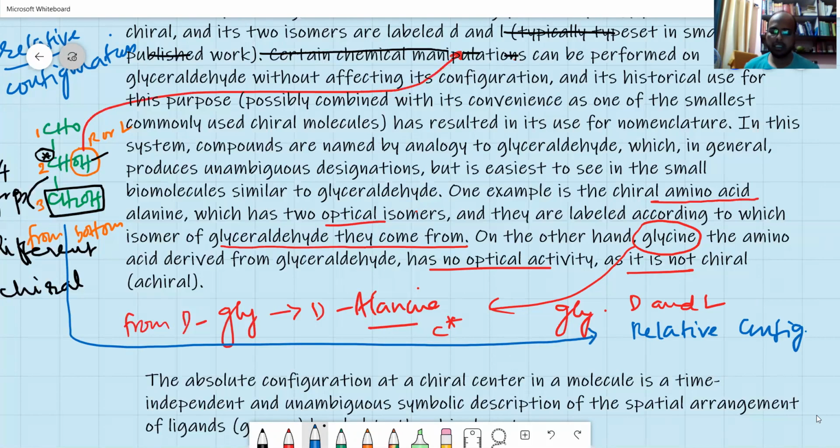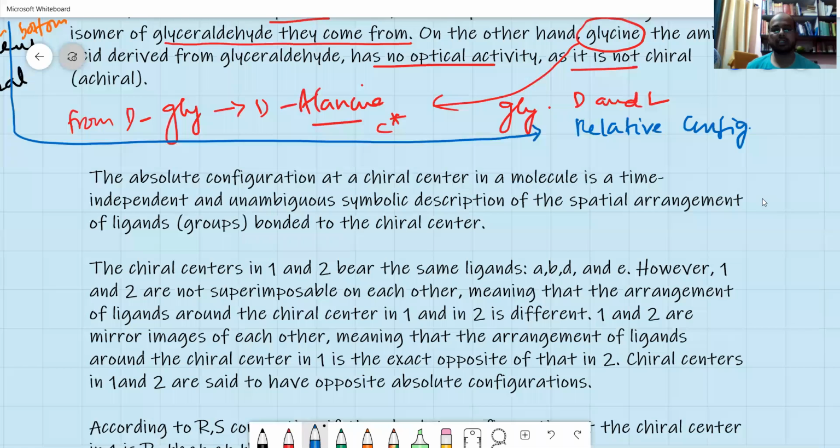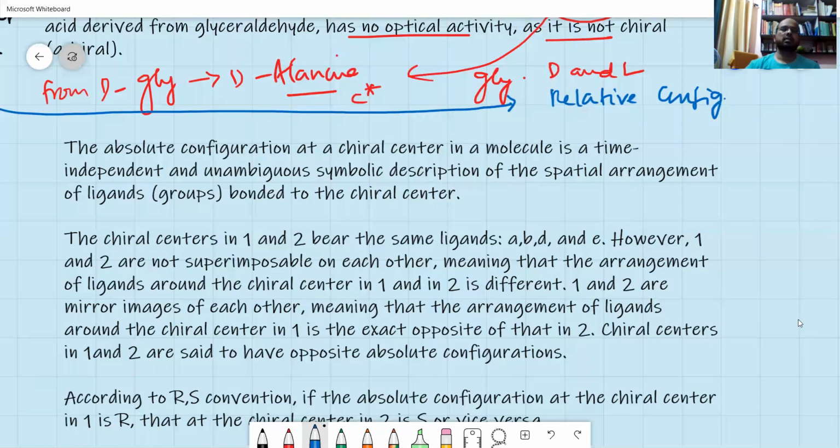On the other hand, the absolute configuration of a chiral center is something very accurate, absolute. In cosmology also, you have two types of time. One is the relative time and the absolute time. The absolute time, you call it from the beginning of the universe. When the universe began and what happened after expansion, when did the planets form, all those things are there. So it's a very accurate clock, and cosmologically it is the beginning of the universe.